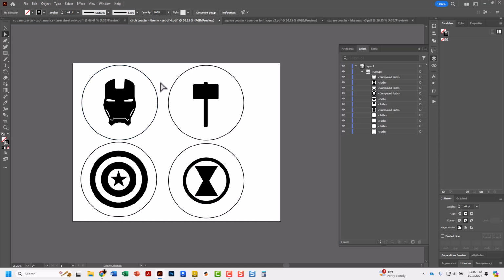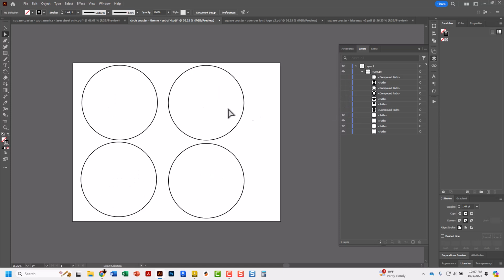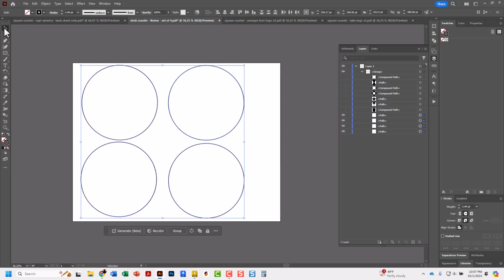Now the circles still need to be converted. So the best thing might have been to actually convert them while these are still off. I tend to forget that. There we go. I can now group select all these by dragging a box, go back to the regular arrow,